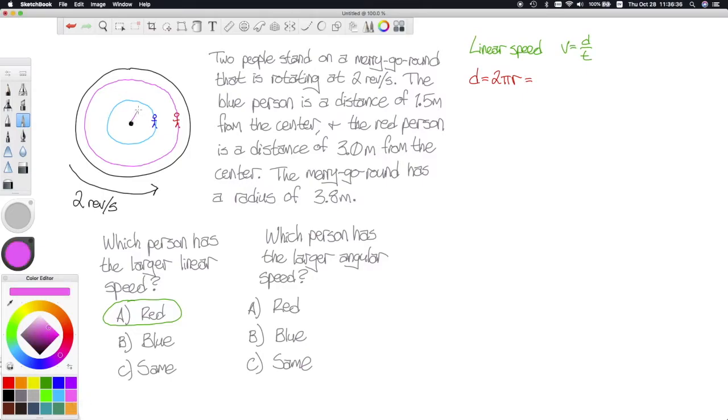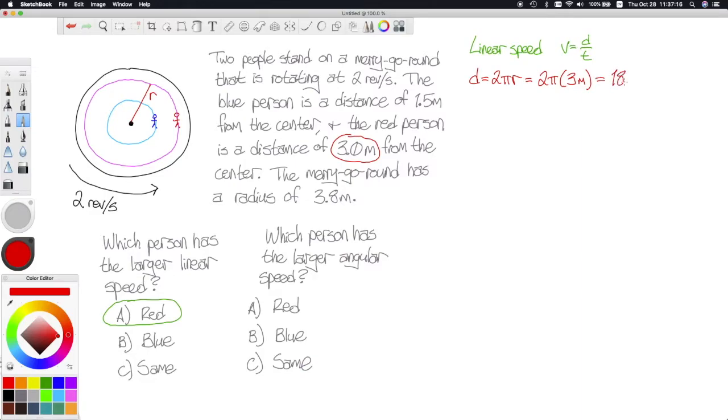So we want this r for our red person. That is not the radius of the merry-go-round, it's this 3.0 meters. The distance of that red person from the axis of rotation will define how big the circle they make is, which will define how far they travel. So plugging in, we have 2 times pi times 3 meters gives us a linear distance of